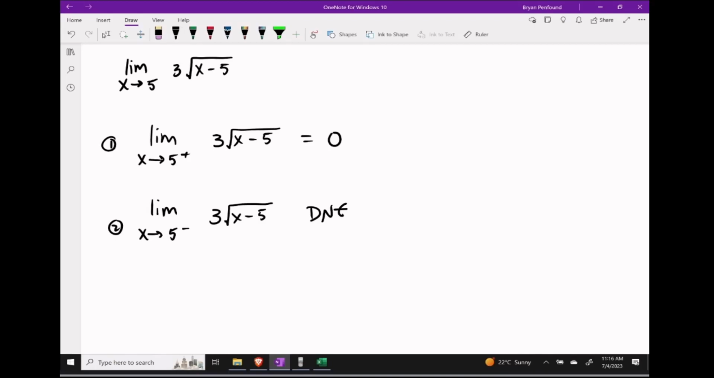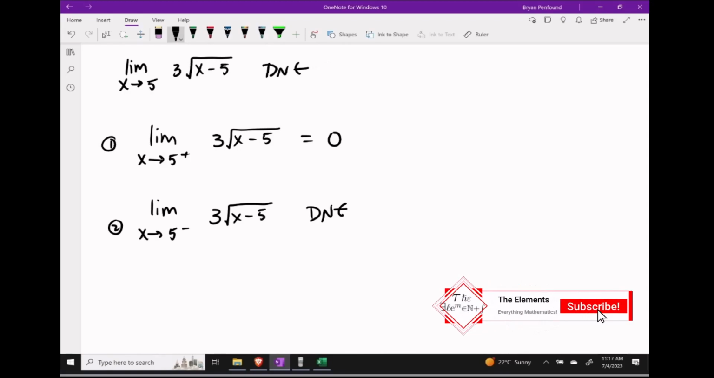Now, this allows us to conclude that the overall limit as x approaches 5 will not exist. It has a right-sided limit of 0, but because my function doesn't exist on the left side of 5, it doesn't really make sense to talk about the overall limit. So we're going to say that this limit, DNE,